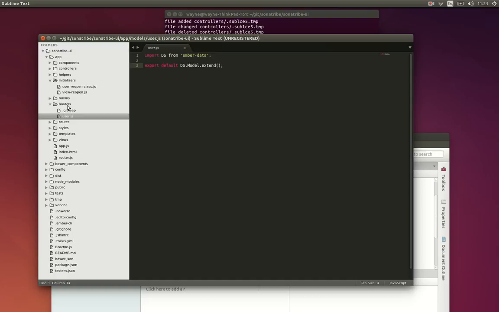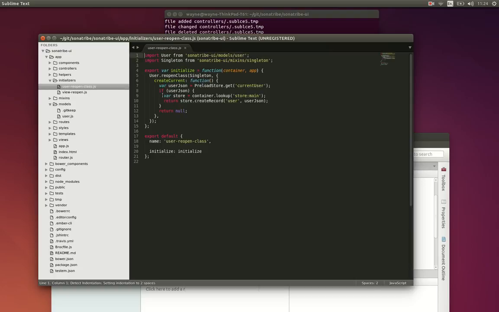So this goes back to when we were talking about the preload store stuff earlier. Ember has a thing called reopening a class, whereby you can add to a class, kind of like extend it, after the point it's been created. So in C# they're called extension methods, but really it's just you can add static methods to a class after the point. And so in the user reopen initializer, I am adding this create current method, and I'm also giving it the singleton mixin. A mixin just adds functionality again to the class, but does it in a different way. So if I look at this singleton mixin quickly,